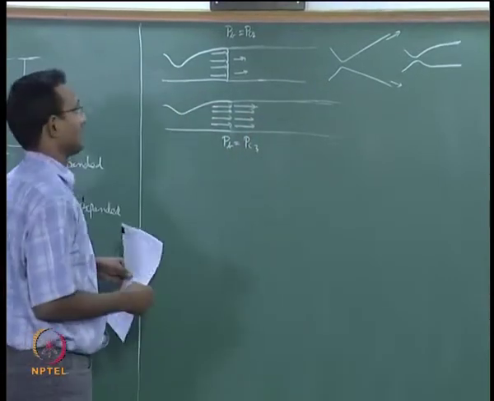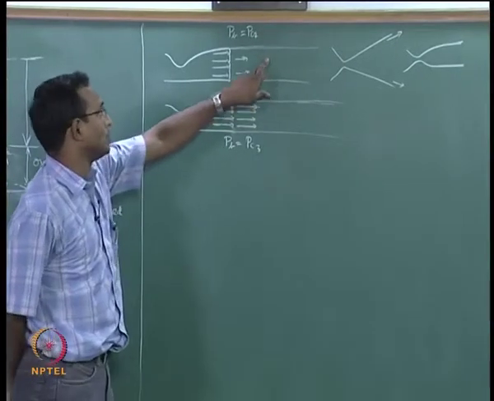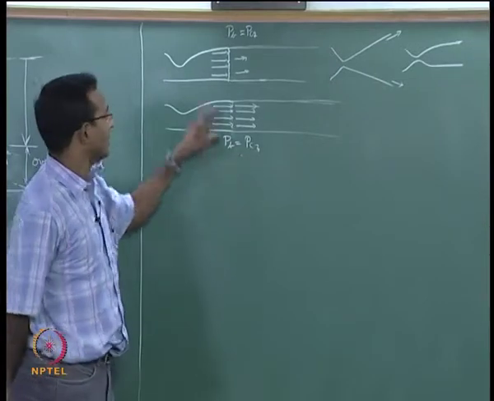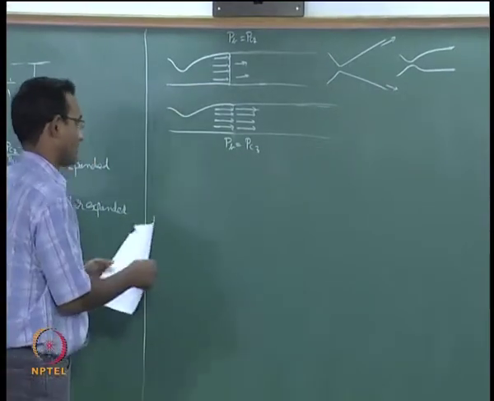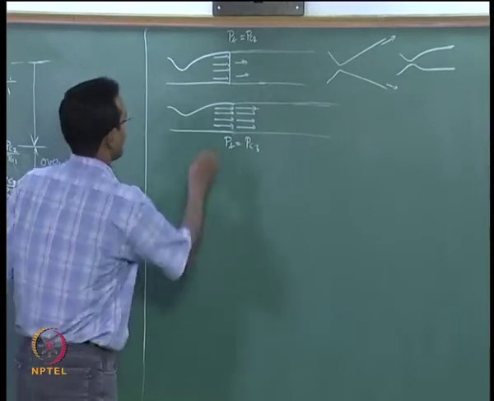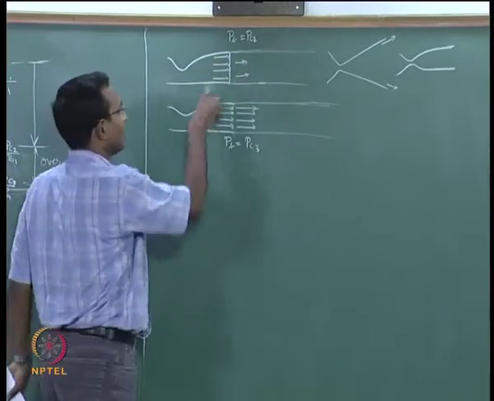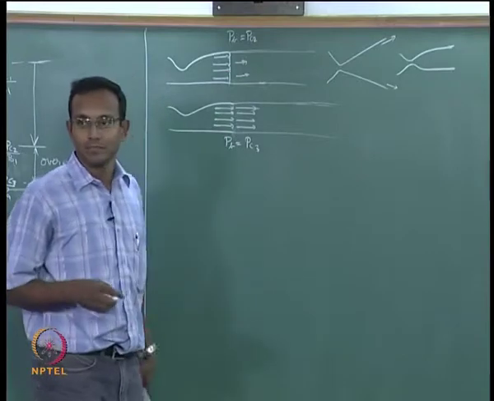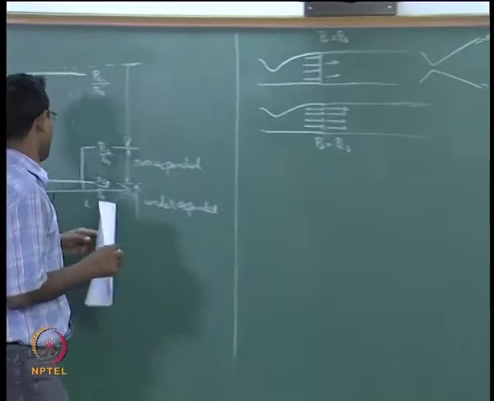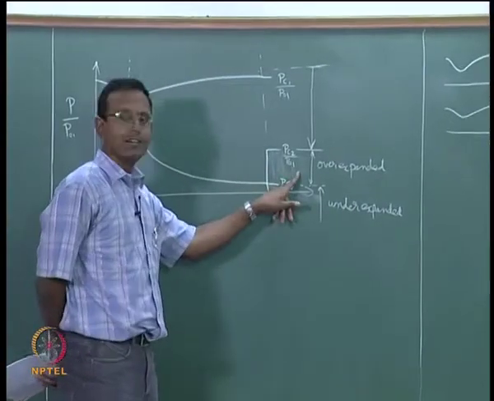So, if I look at this, I have this at P critical 2, I have this when I decrease the PB to P critical 3. In between, what happens is our discussion for now. What should happen? Here the pressure is low, across the shock pressure becomes high. We said this flow is over expanded. Go back here. Why did we call it over expanded?